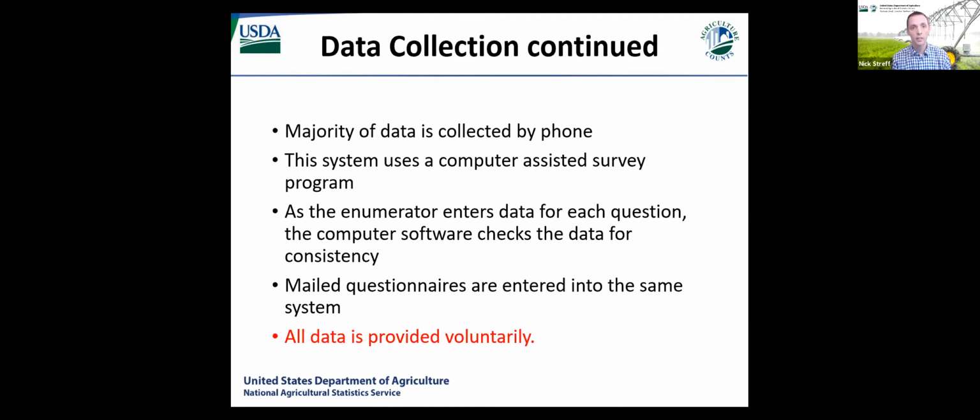And that's where we can get those comments from producers to say, well, yeah, my litter rate was lower, I had an outbreak of PRRS. Or, I didn't farrow last month, I'm doing a depop repop, so I'm bringing in some new gilts, so I'm going to be down on farrowings for a while. So those comments can be really helpful as we go to the analysis phase of our data collection.